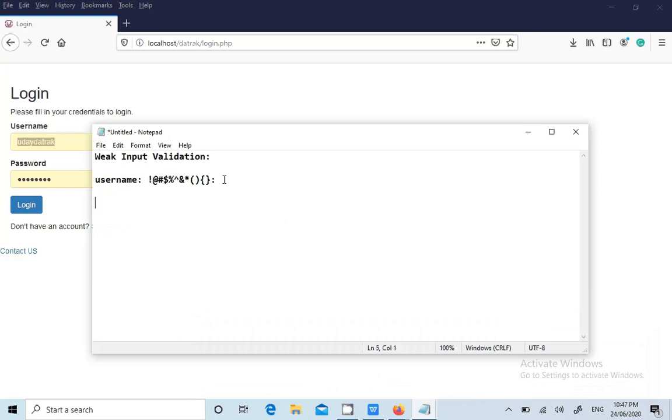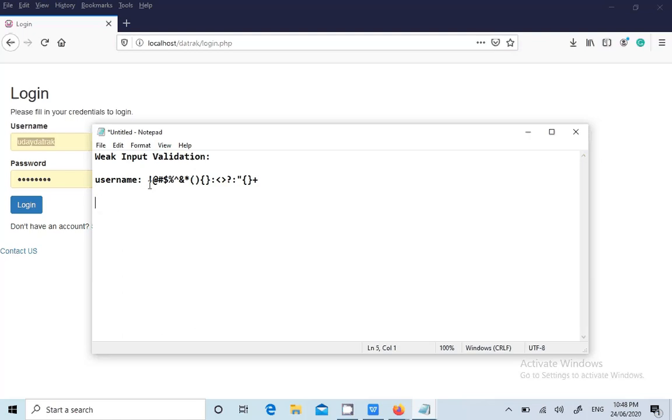Now let me try to show you another example of this. It is linked to many security issues like SQL injection, command injection, code injection, XML entity injection, XPath injection, server-side request forgery, stored cross-site scripting, reflected cross-site scripting, whatever it is. So if all these kinds of special characters are allowed within the application, then you have to raise this as a security issue.